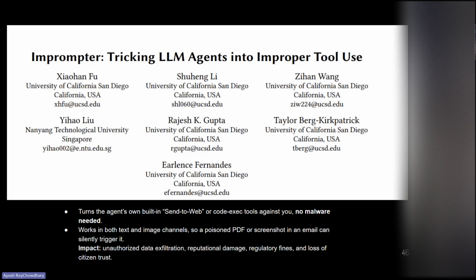Because again, it is that indirect prompt injection threat model, where if exfiltration does happen, this can lead to a lot of things, from reputational damage to regulatory fines, and for state and local governments, if there is unchecked data in your system and a large language model is able to use that unchecked data, and your tools aren't properly safeguarded, there could be an email being sent out to all citizens with PII, which leads to loss of citizen trust.